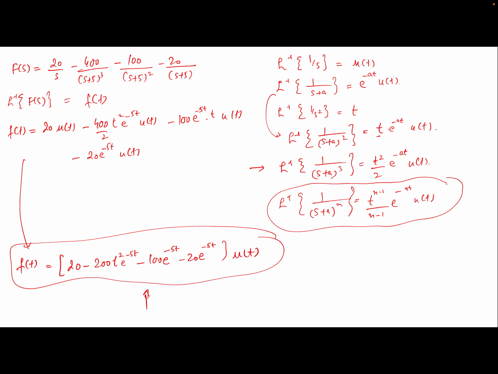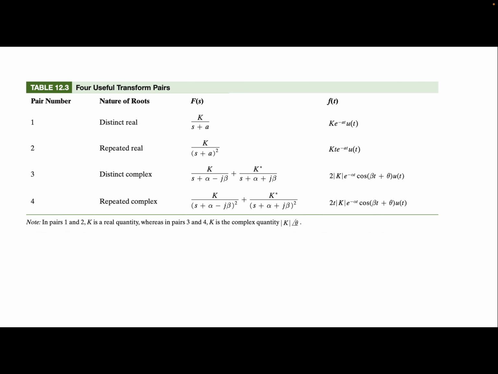Now I am interested in doing another very good example. But before we do that, you can also use some of these pairs. Potentially they could be a part of your formula sheet, right? And we ended up doing the distinct complex roots in the previous example, where at the end of the day we found a function like this, but I spent another 10-15 minutes doing this derivation on how to get this, where we use different identities to get to the bottom of this. Okay, anyhow, if you have distinct real roots, K over s plus a, right,